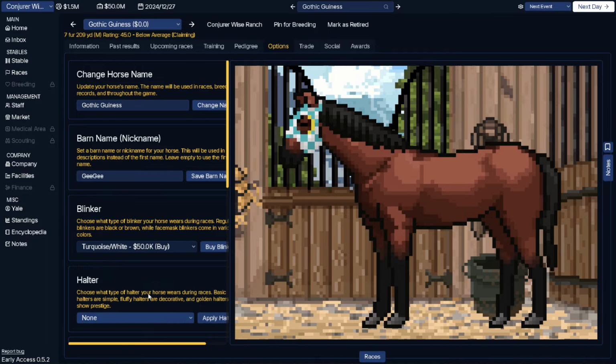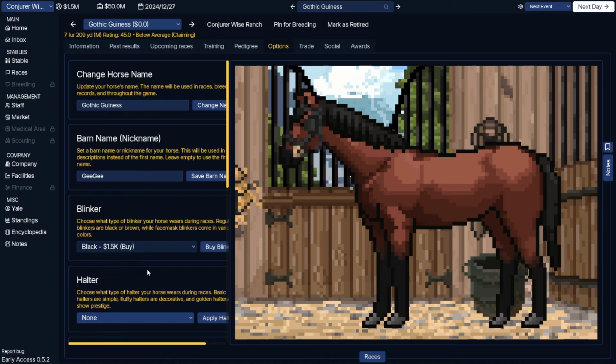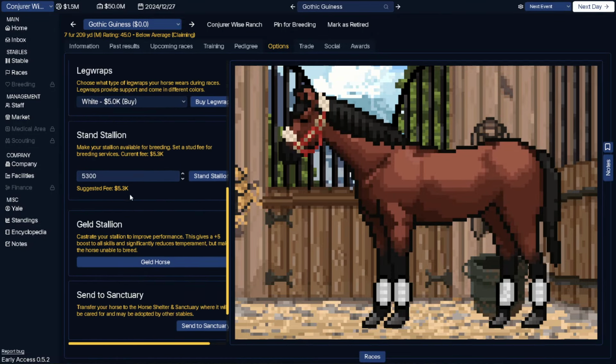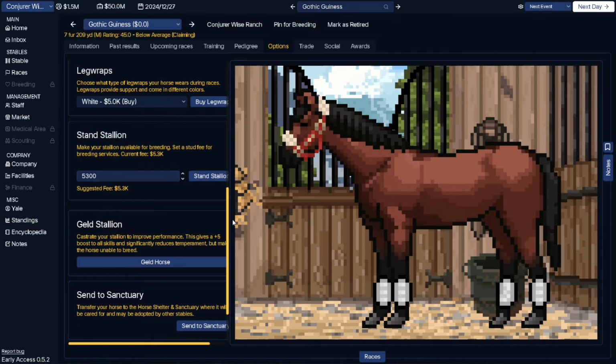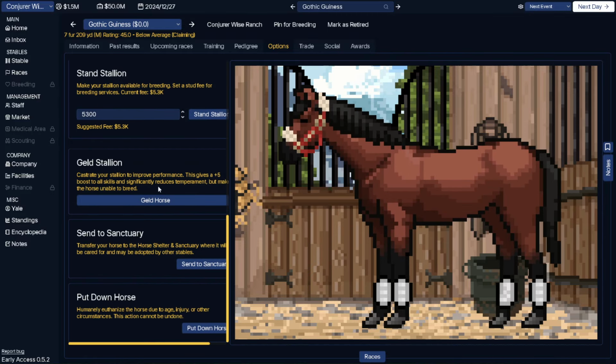You can choose blinkers and buy different colors and patterns for different amounts of money. You can also do that with the halters. There's a bunch of them. Some leg wraps. You can stand the stallion at stud, set your fee and set them up. You can also offer out your mares for breeding for a fee as well. I'm not sure in those cases who gets the foal. I don't know. You can geld, and you can see here